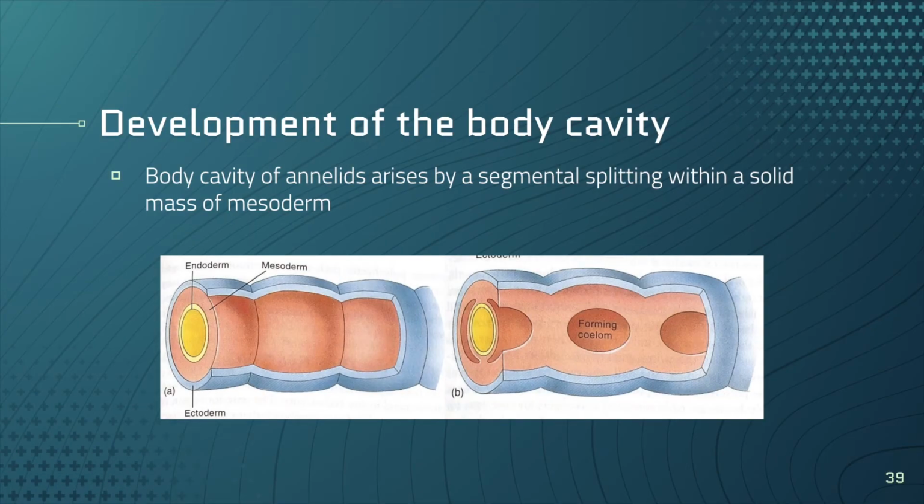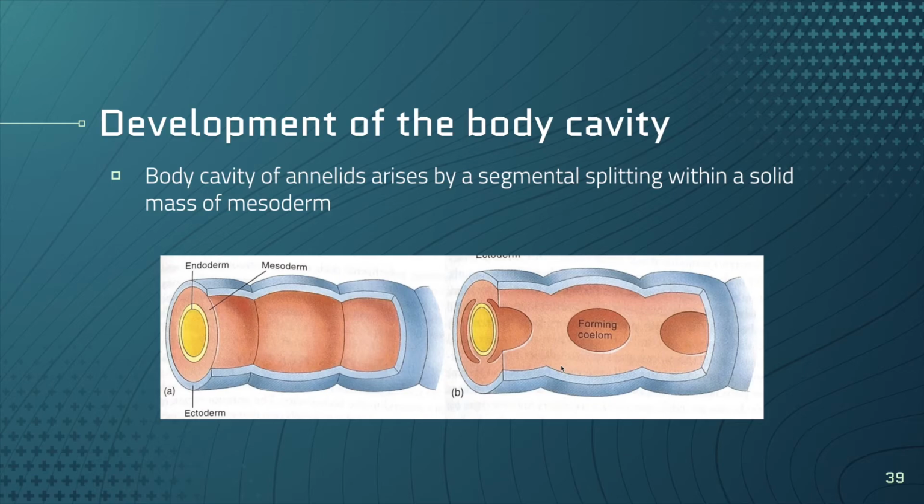The body cavity of the annelid is used as a textbook example for the coelomate body plan. The body cavity arises by segmental splitting within a solid mass of mesoderm. So what we are seeing in this first image, marked A, is that solid mass of mesoderm in red. The coelom, or body cavity, begins to form within that mesoderm in image B. So here we can see we have the solid mesoderm, and later in development we have the forming coelom here